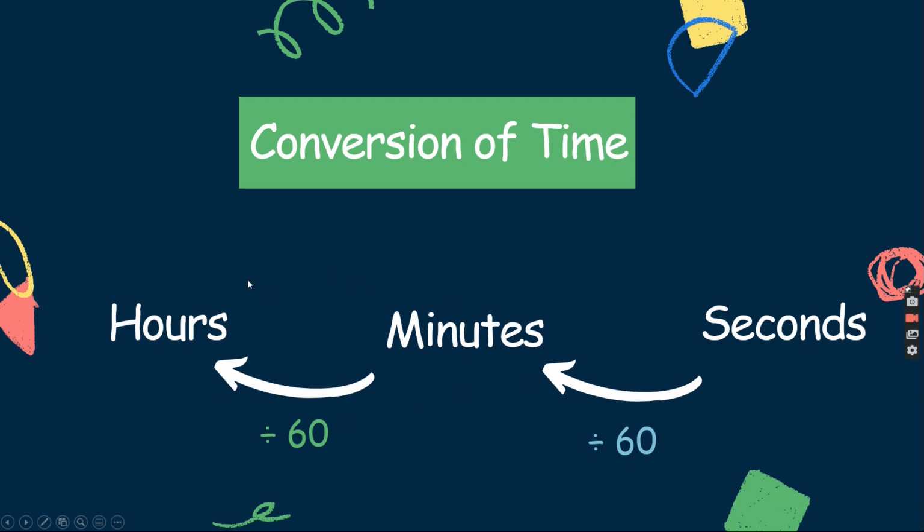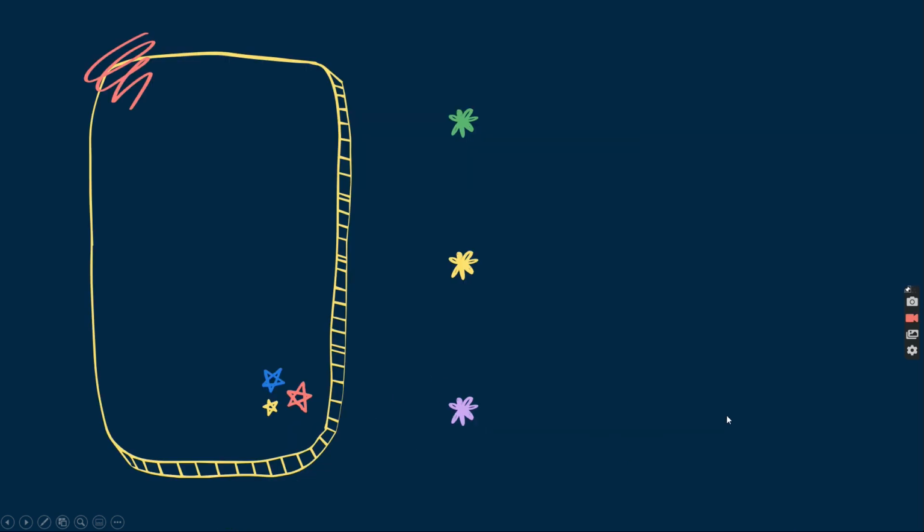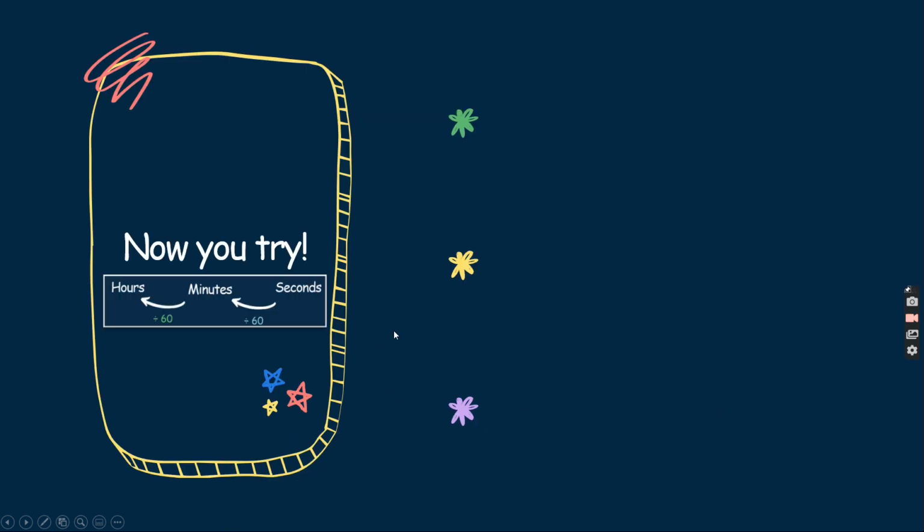So just now we were looking at this part of the conversion where we change from minutes to hours. Now it's time for you to try. I've put the conversion right here for you to refer to. So first you need to convert 300 minutes, change it to hours. Choose which conversion you are going to use, and then do it